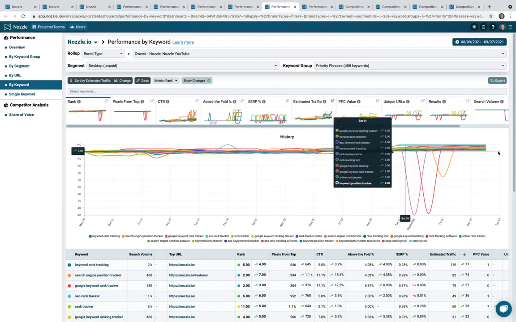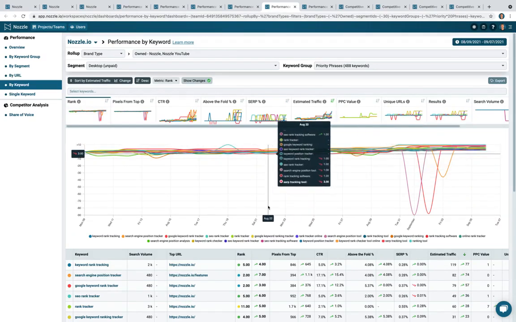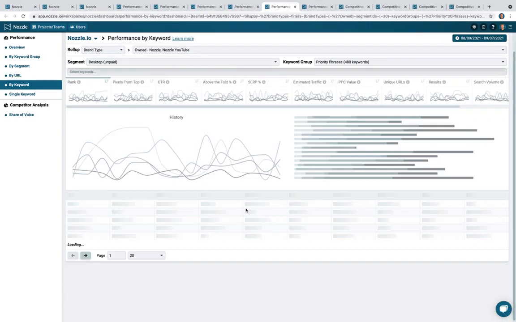So they all are at 0, and you can see ranking tool has moved up 10 positions in this last month. And then down below, I like to sort by estimated traffic change sometimes so I can see how much traffic I potentially am gaining with these ranking changes. And so those that have the best estimated traffic change are typically those that are in the top 5 or whatever, or close to that, because that's where you get traffic. And again, sometimes I sort by rank just to see what phrases are now in the top 10,